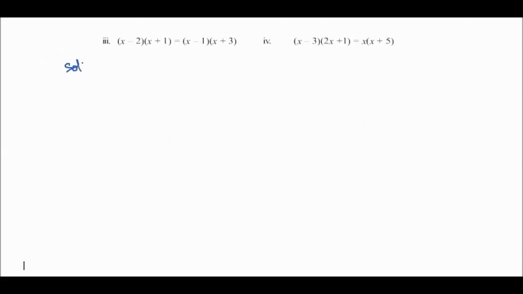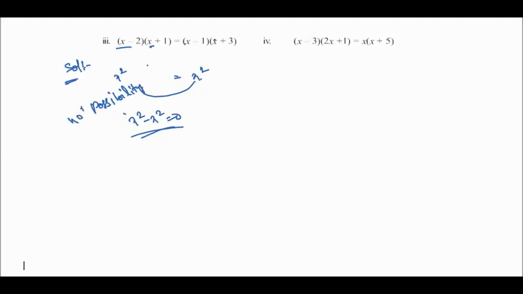Third one, solution. So see here, first term x into x, how much will come on the left side, x square, and on the right hand side x into x, x square will come. So both are plus signs, so it will come here, then x square minus x square is equal to 0, na? So there is no possibility of x square terms in this equation. So that is not a quadratic equation. So it is not a quadratic equation.